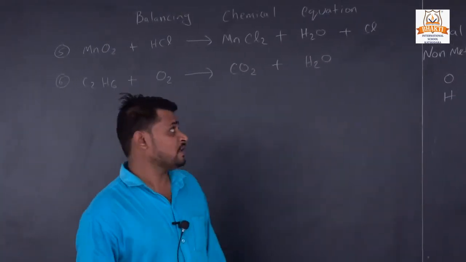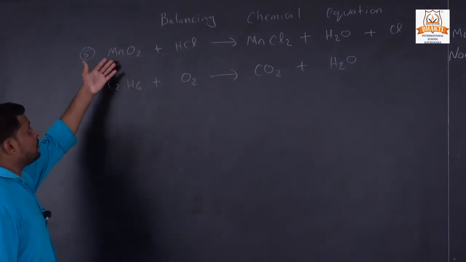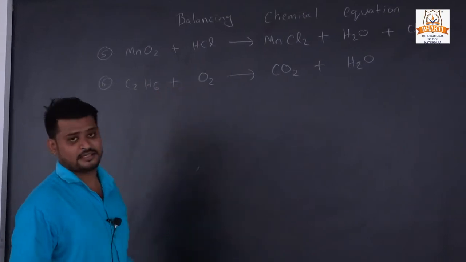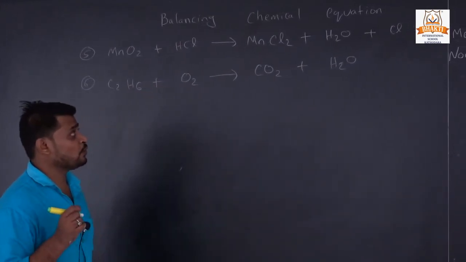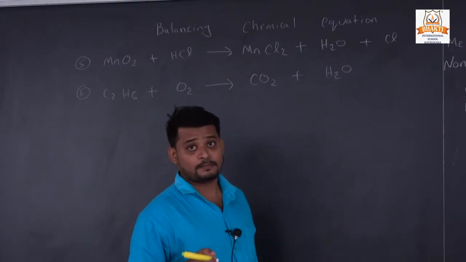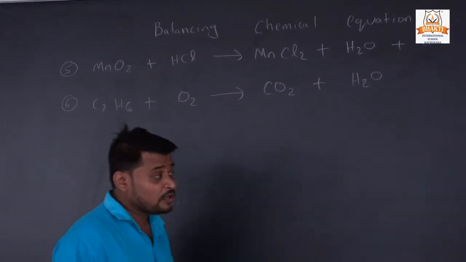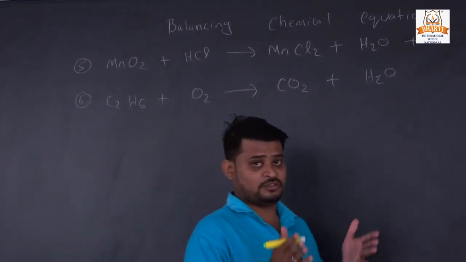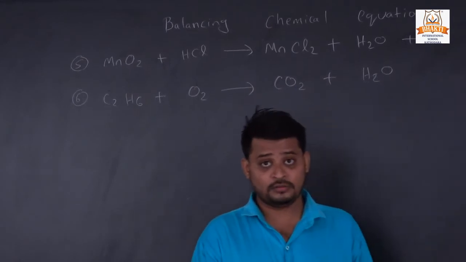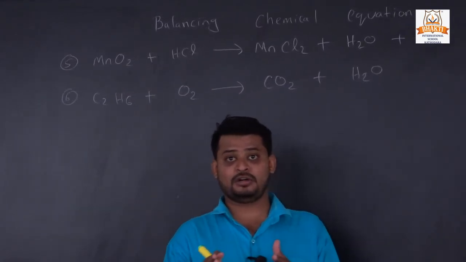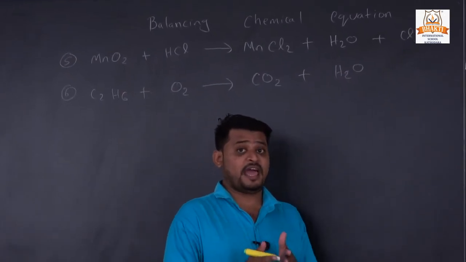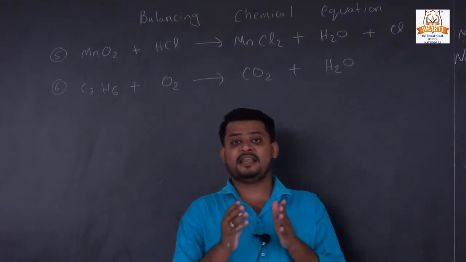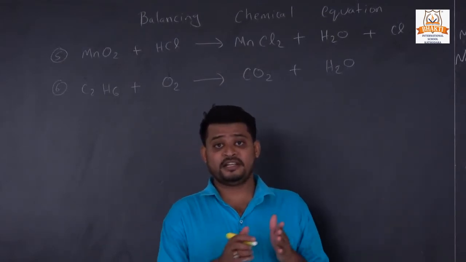Now this is our fifth example. Now this, manganese oxide, when it reacts with hydrochloric acid, gives us manganese chloride plus water plus chlorine. Now we have to balance this. The same method we have to follow. First we have to check whether the metal is balanced or not, then whether the non-metal is balanced or not. If we change any molecules in the non-metal, we have to check the metal again. This is the lengthiest way, but it is easy.